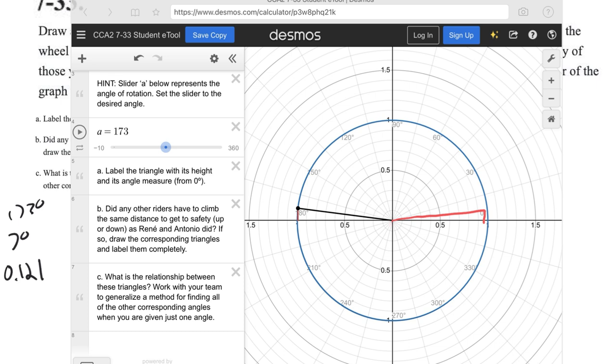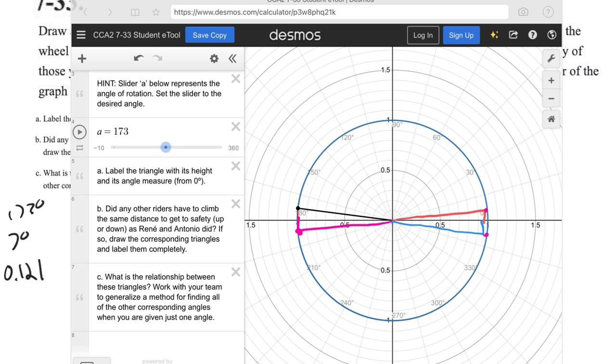Let me try that again. Let's do a different color here too, just so we can see. So a 7-degree triangle going that way, and then we've got a 7-degree triangle going this way. So there would potentially be 3 other rider spots that would have had that same distance to climb that they do. And so then it wants you to draw them and label them